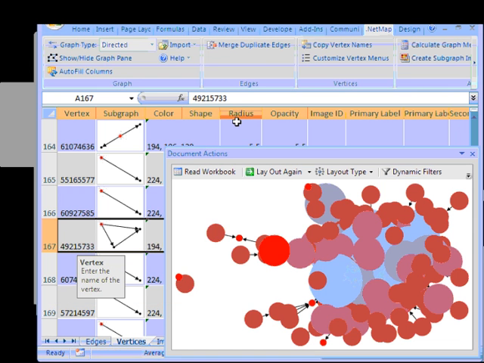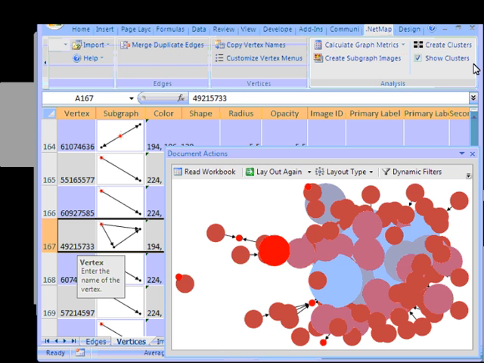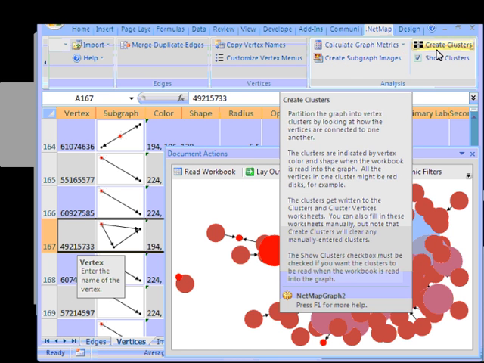Newest feature, we're just starting to play with that feature. Let's see, what else could I show you? Of course, you can hide the graph pane, make it appear. We can merge the edges. We could add menus to them. We have already created subgraphs. And we could also calculate clusters.